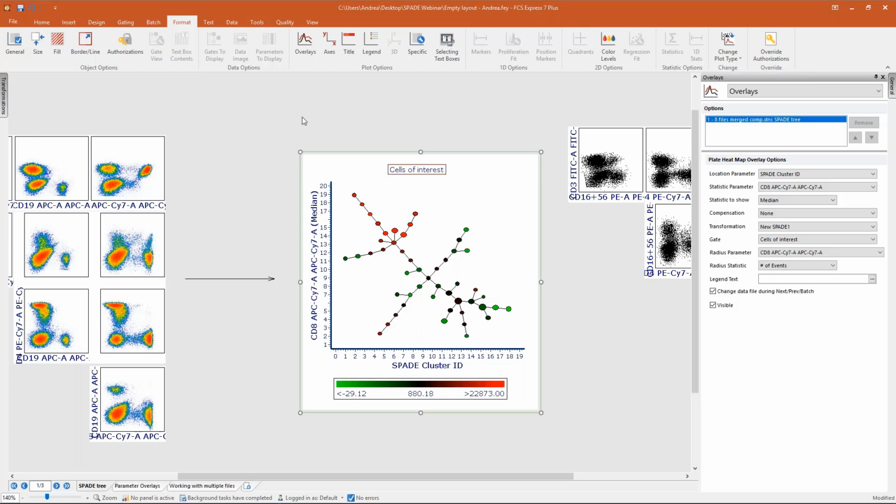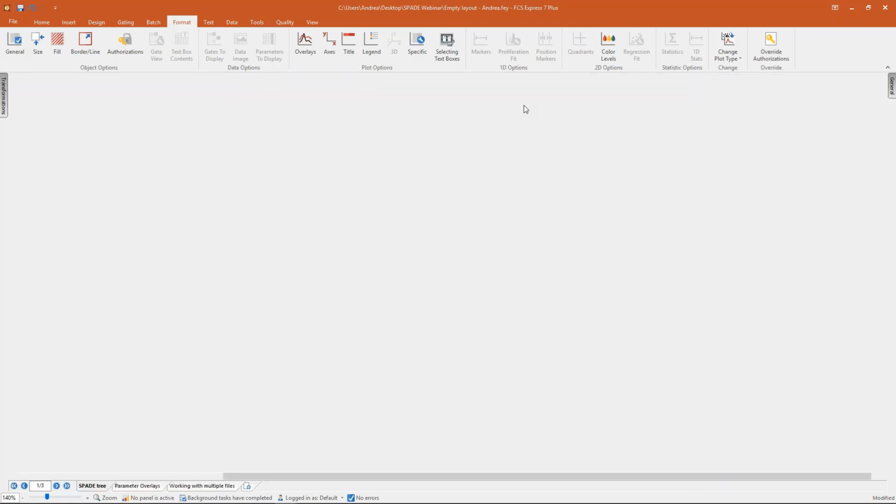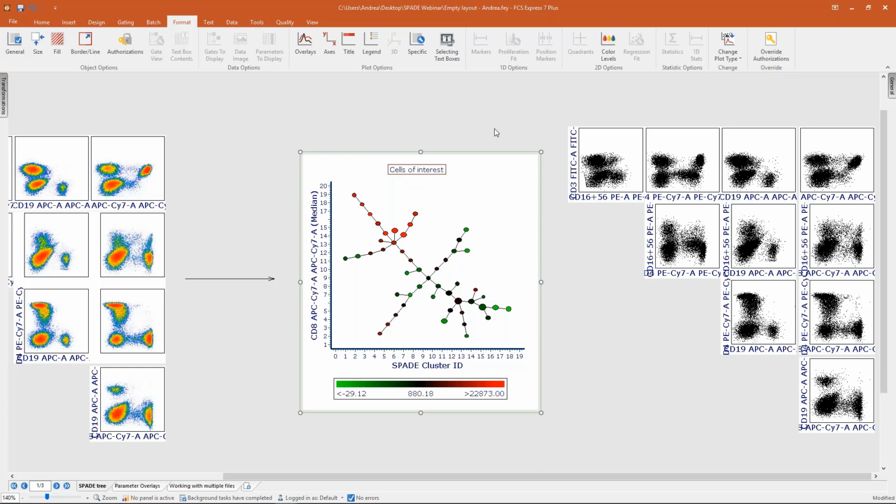Now, one question for you. You see that the CD8 is again distributed mainly in two different branches, right? So why? Again, for the same reason we saw before. Because yes, they are all CD8 positive, but they differ based on something else that we don't know yet, right? So what you can do to explore this SPADE tree, the first strategy that I want to mention is